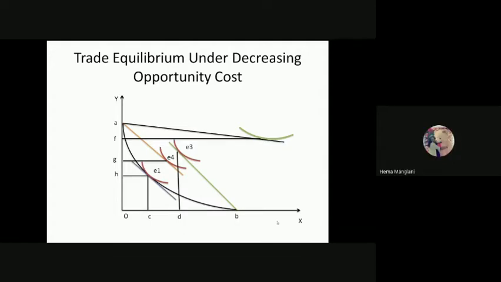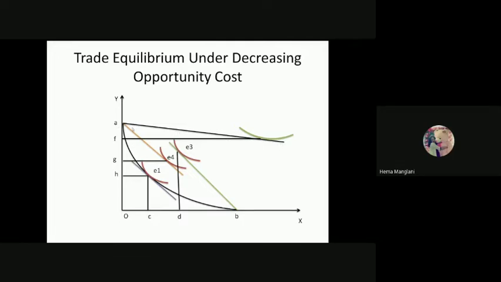Now what happens? The price lines for the international markets are changing. So what price lines do we have now? These are the new price lines. That's why this price line was compared with this particular price line. You can even draw it more steeper here. Okay, this is just because of my drawing. You can even get it more steeper. Here, what is happening? This price line is flatter than this price line. Now, what does it mean if we have flatter price lines?